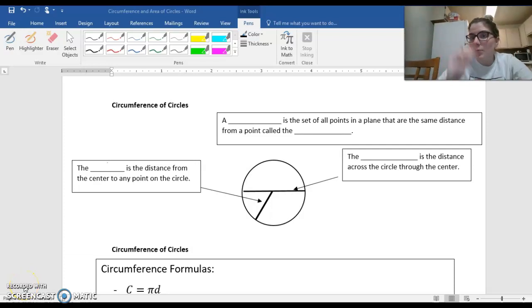Hello everyone, I'm going to be redoing my video, the circumference of a circle, because I forgot a step in one of the problems. So, for circumference of a circle